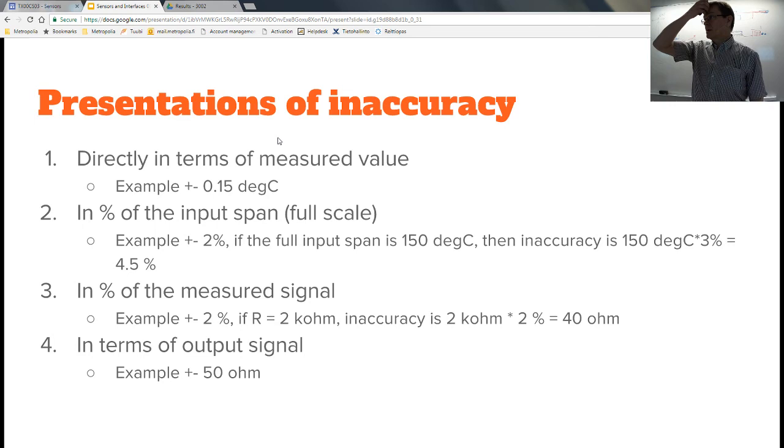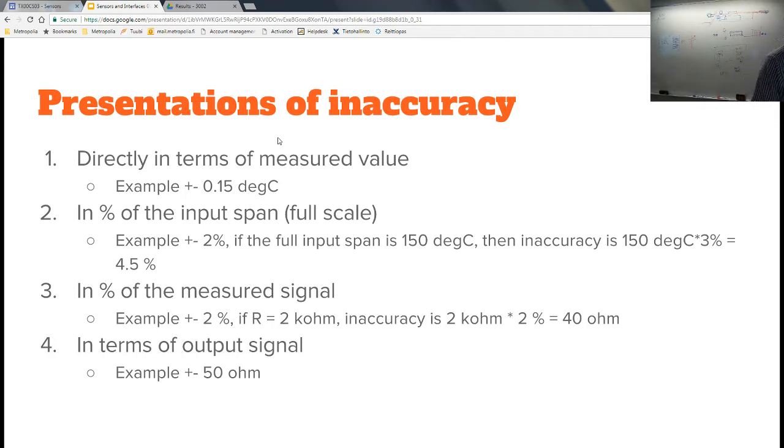The inaccuracy actually on the data sheets, if you go to the sensor data sheets, there are different ways to show them, and sometimes it's given in terms of the measured value. This is true especially for digital sensors. Those are pre-calibrated and they basically give just one number, which is the highest deviation or typical highest deviation. These highest usually are the 6 sigma values, the statistical values, or percent of the input span full scale, yeah,